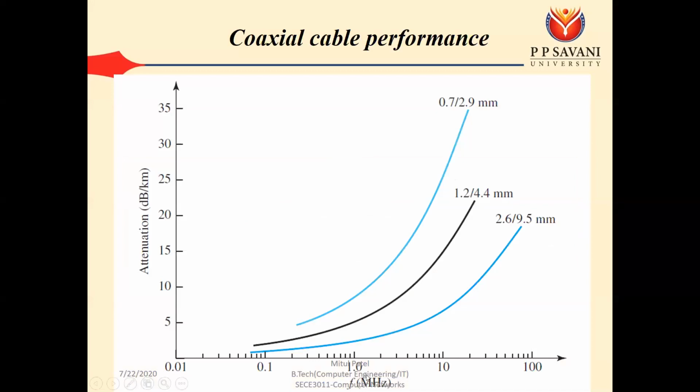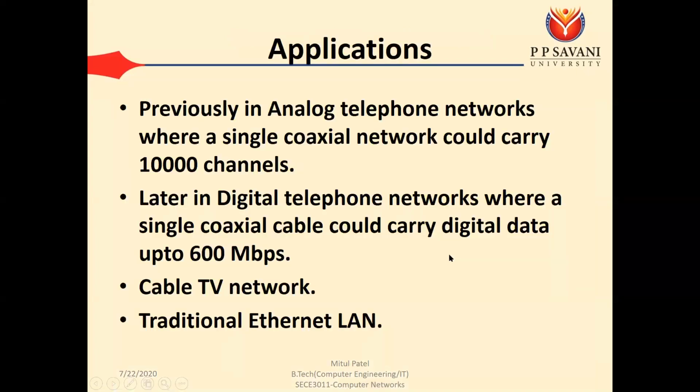The graph of frequency versus attenuation. Also you can see here that after 10 to 100 megahertz, nearer to 100 megahertz, there is a huge attenuation for the coaxial cable also. So we have the problem of attenuation. After 50 to 100 megahertz, there is a sudden increase of the attenuation. So we require frequent repeaters also for the coaxial cables.